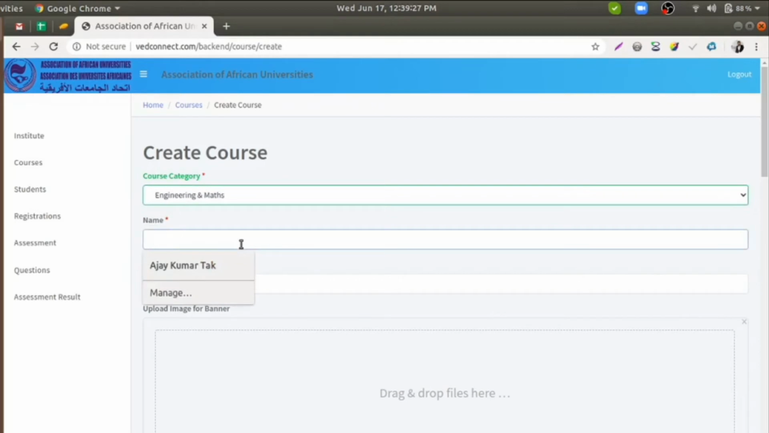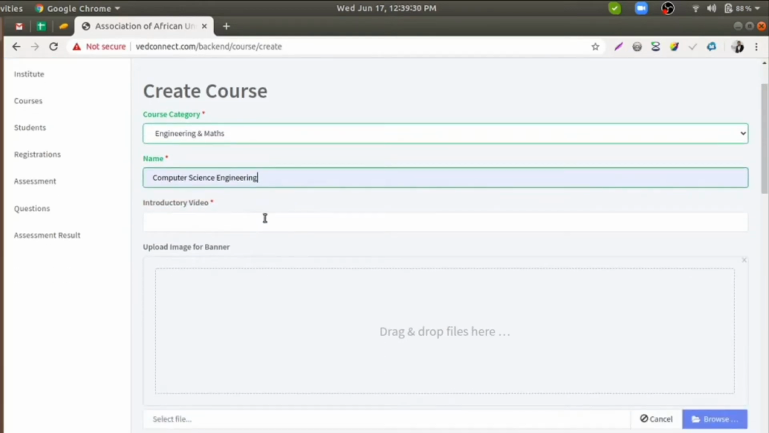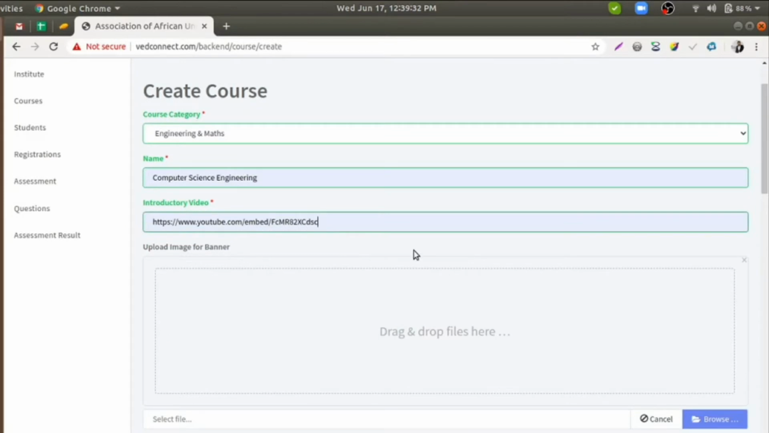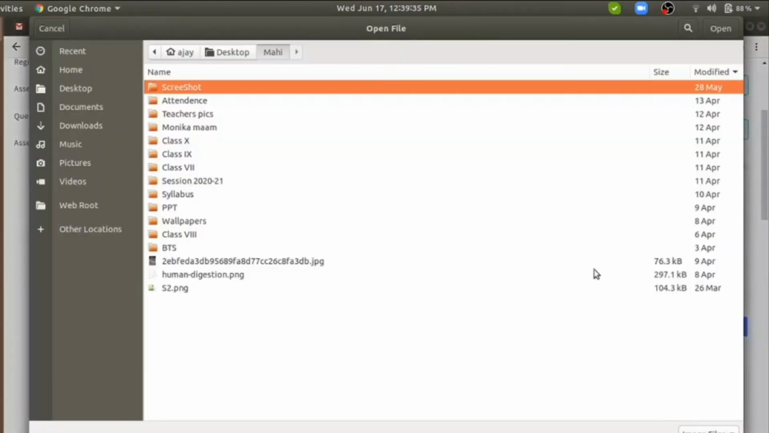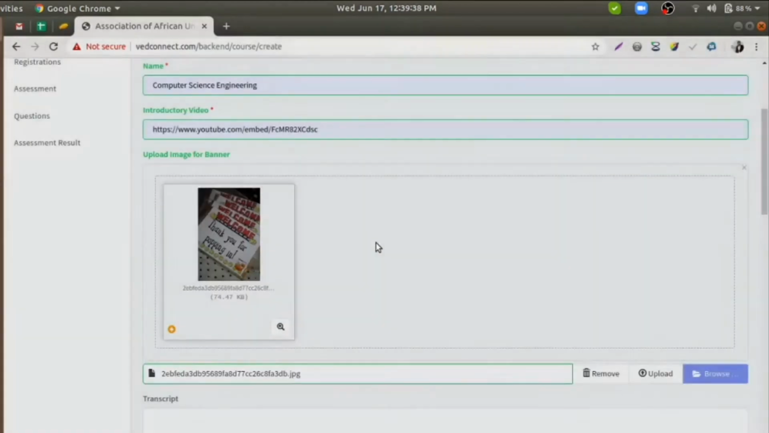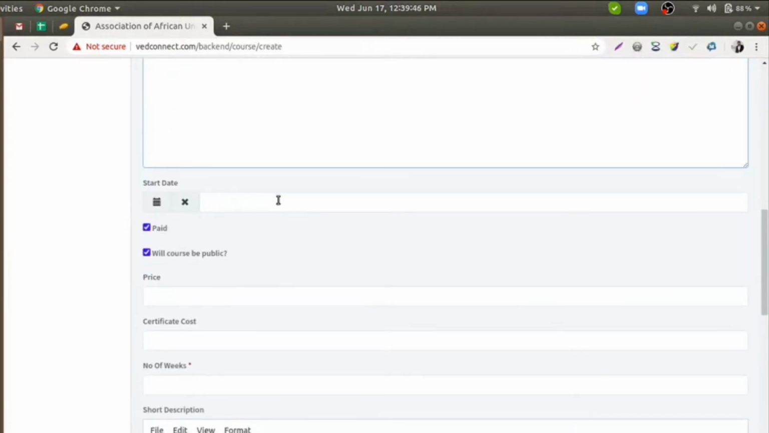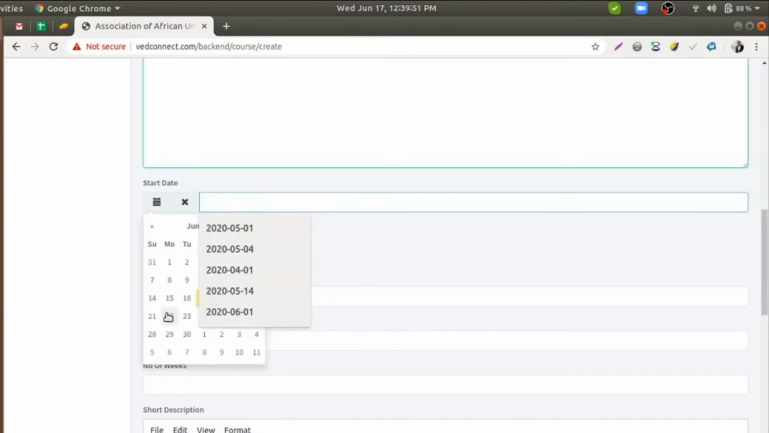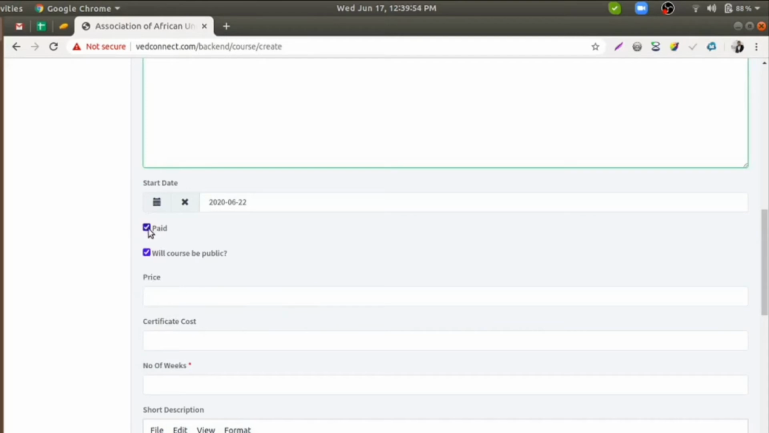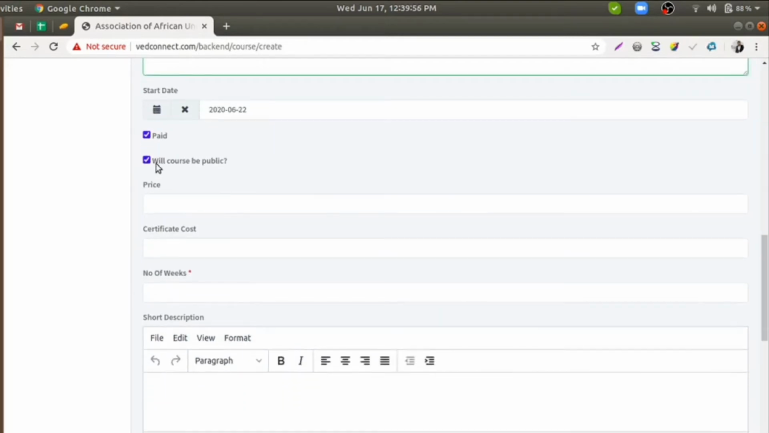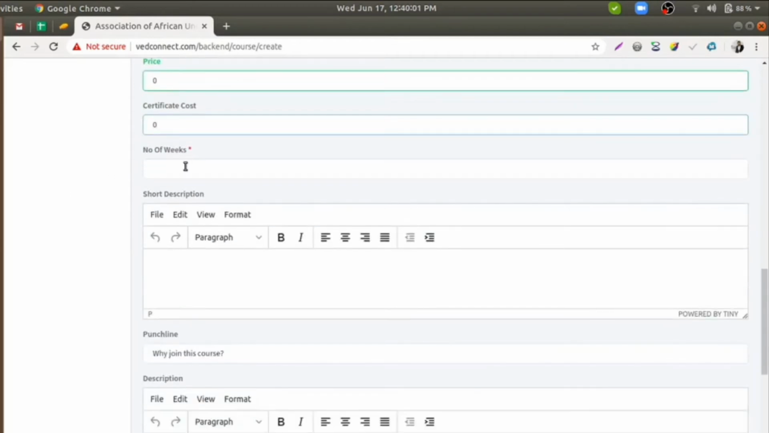We then add a course name, can add an introductory video, add an image, add in a transcript, add in the date the course is supposed to start, whether it would be paid or free, and whether it will be open to the public, price, if any, certificate cost, if any, number of weeks is the duration of the course,